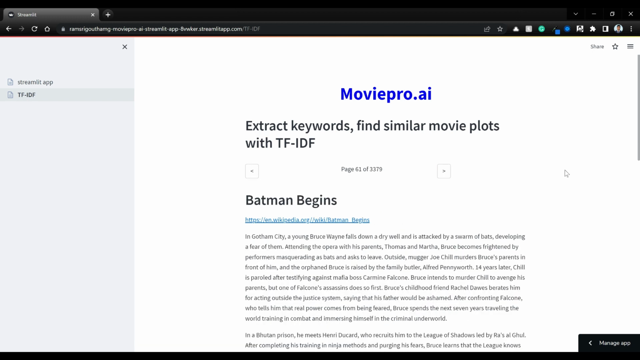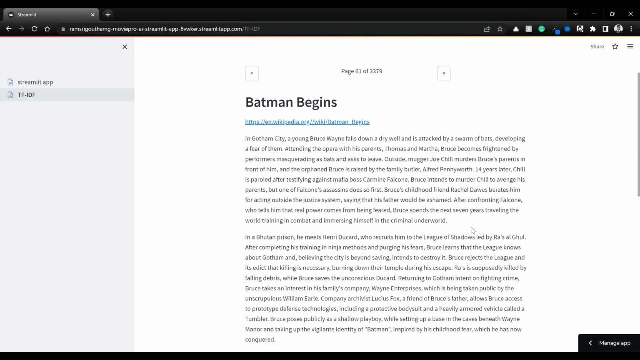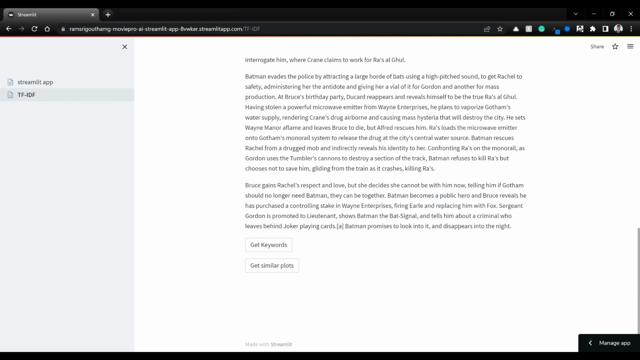Okay. And I've scrolled to page 61 because we have searched for Batman Begins and we know that the index is 60. As the index starts from 0, it's essentially page 61. That's the movie plot of Batman Begins. What we are going to build is to display the Batman Begins movie plot. Then underneath we have two buttons. Click on get keywords,